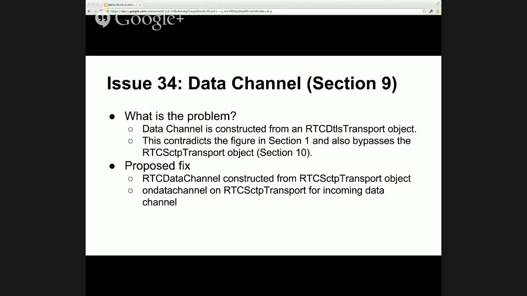And if you're going to have an SCTP transport object containing that information, you might as well wire your data channel to that. And also for your receiving of data channels, you want to be able to receive the on new data channel events. You're going to want to have that object for that reason as well. So it just makes sense from a pipelining perspective to wire your data channel to that object as opposed to directly